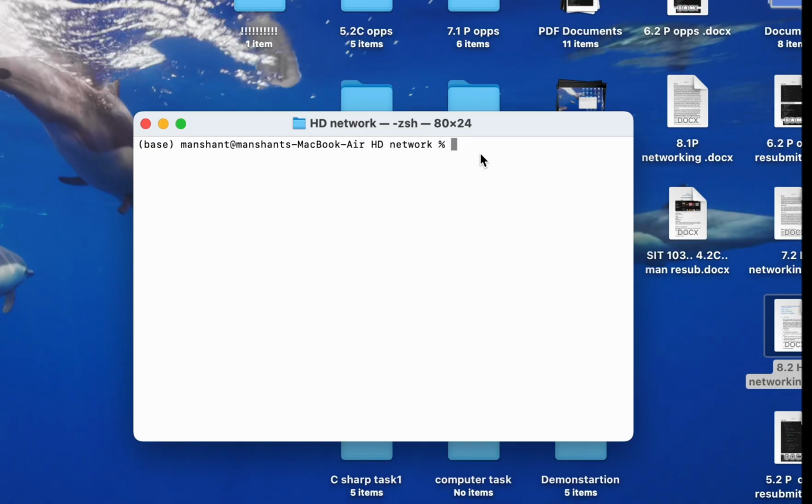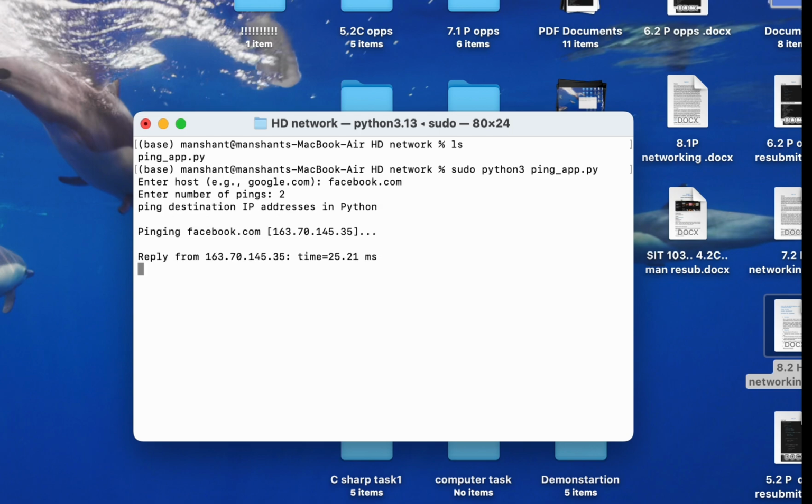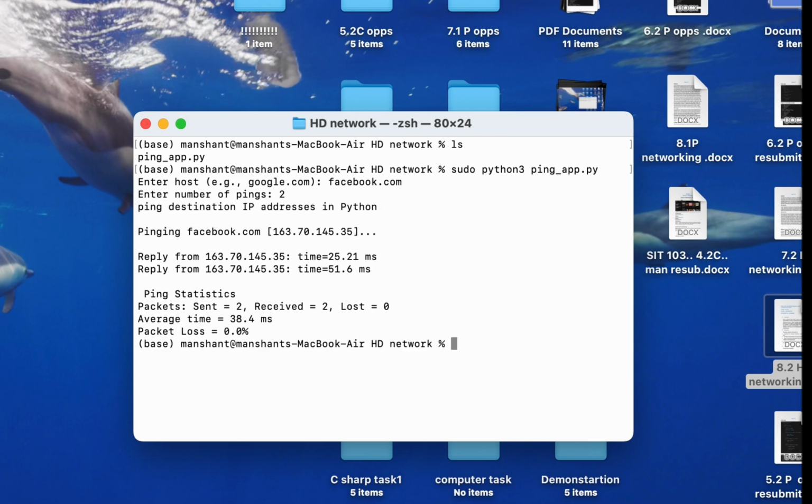Now see the output in the terminal. Our host is Facebook. If you see facebook.com, with number of pings being 2, here we can see the result, and we have statistics also, like packets sent, received, lost, and average time.